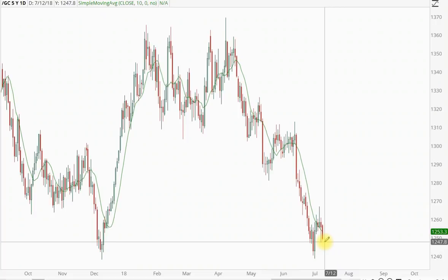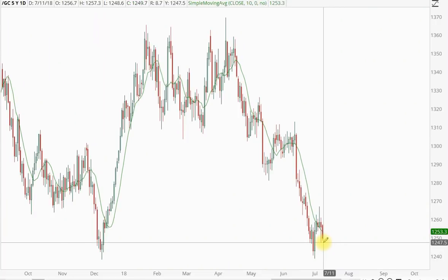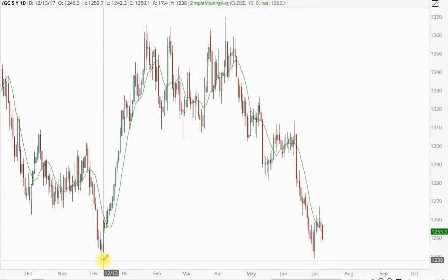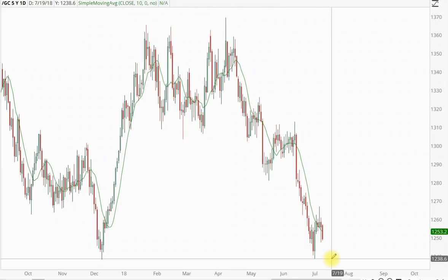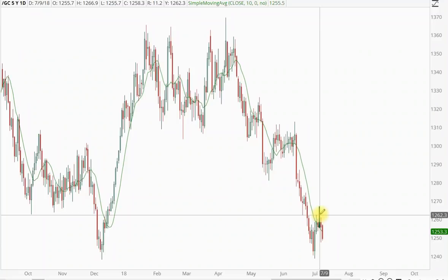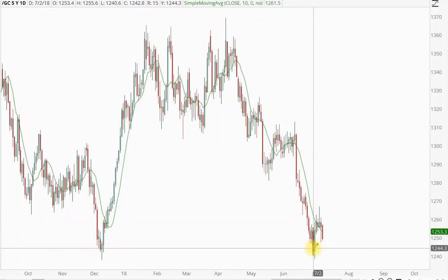So I think that's probably what's going to occur here over the next few days, as the banks are going to bring this down. They're going to try and run these support levels here and trigger everyone's stops. And most people will just panic and sell into that, and then they will damage their mental capital so much that they won't be able to buy again. And with our strategy trying to buy low,